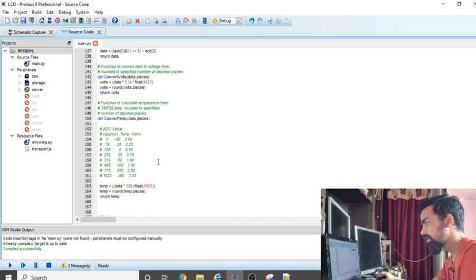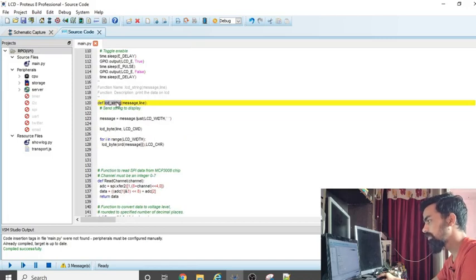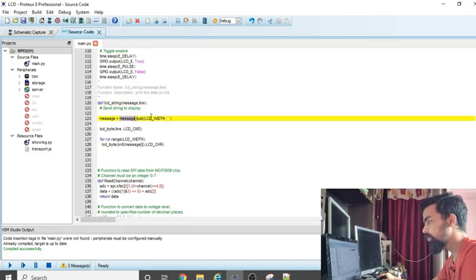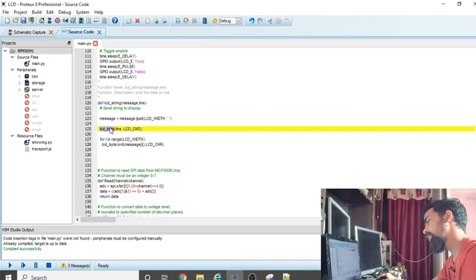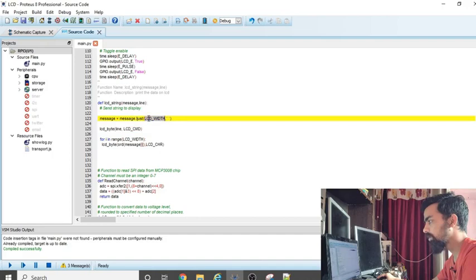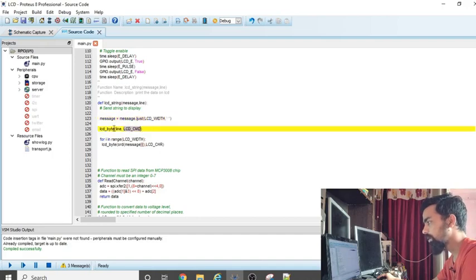So first go to the LCD string function. Inside the LCD string function there is a message, that is welcome, and the line is line number 1. So first we have to calculate the width of that message with this function. Once you calculate the width, we have to tell the LCD that this message has to be printed on line number 1 by using this line command. So the line command gets executed with LCD byte. The same logic will execute.